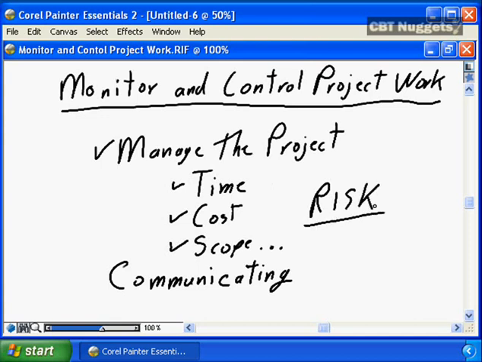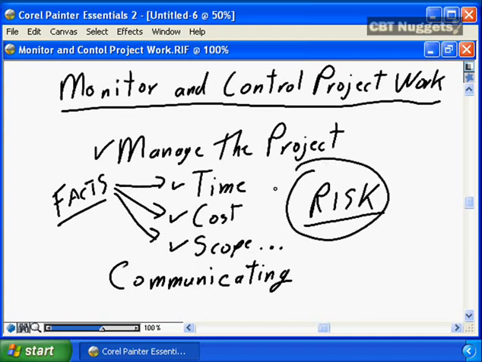associated with the project to ensure that we understand where the project is and that we're taking the appropriate corrective actions to improve the project delivery situation, working with the business sponsors to ensure that any changes to time, to cost, to scope, the triple constraints, are being acted upon as a result of the facts that we are gathering during project delivery that is going to affect whether our project is on time, on budget, to scope, that risks are being identified, that risks are being dealt with, that risks are being eliminated, that your contingency is being used where appropriate, and the contingency is being applied to deal with the risks to again ensure that our project is delivering successfully, on time, on budget, to scope.